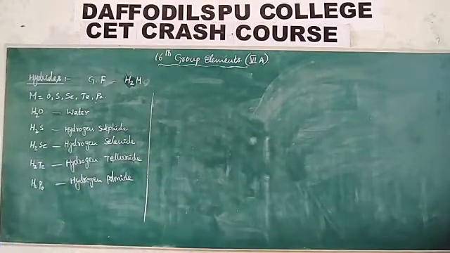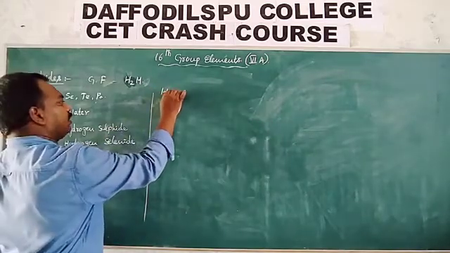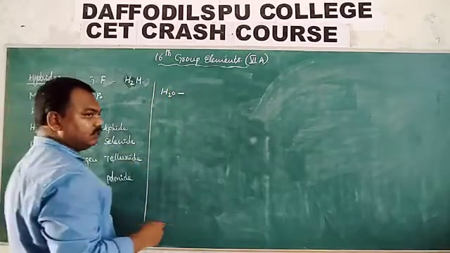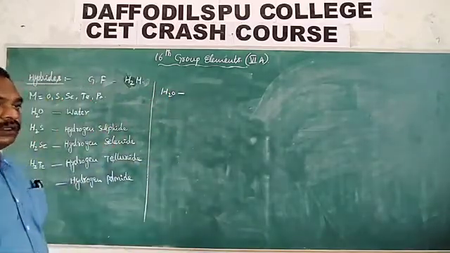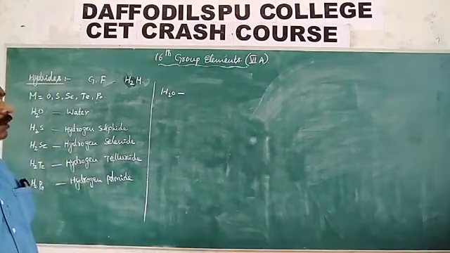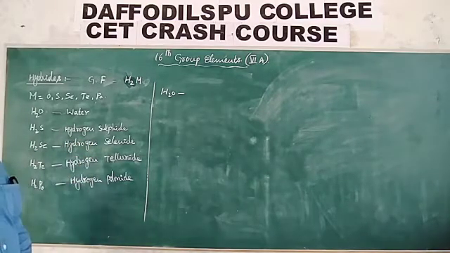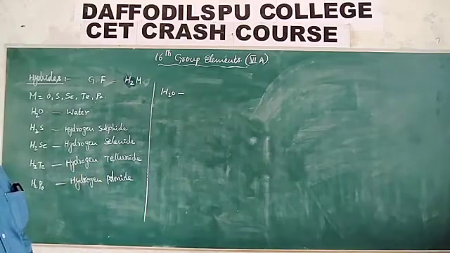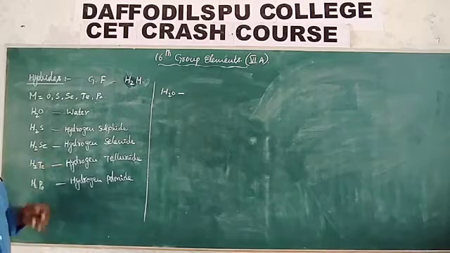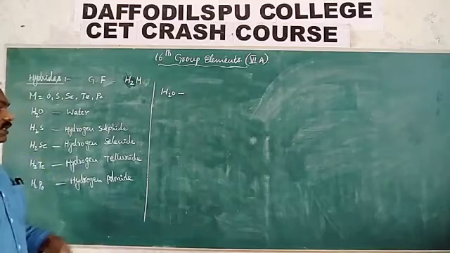We will look at the properties. H2O is a non-toxic, colorless, odorless liquid. You know that H2O is a non-toxic, colorless, odorless liquid. Remaining all these hydrides are toxic gases with foul smell. H2S has the foul smell. It has the toxic nature.